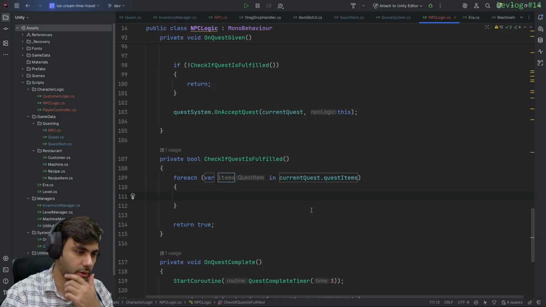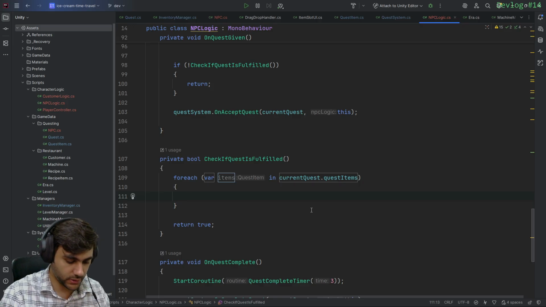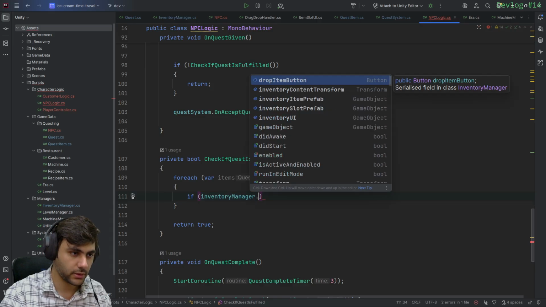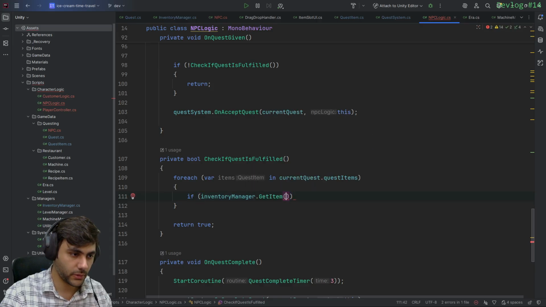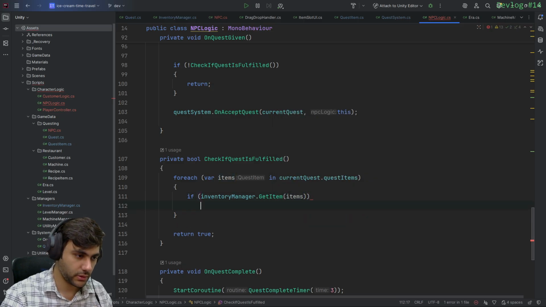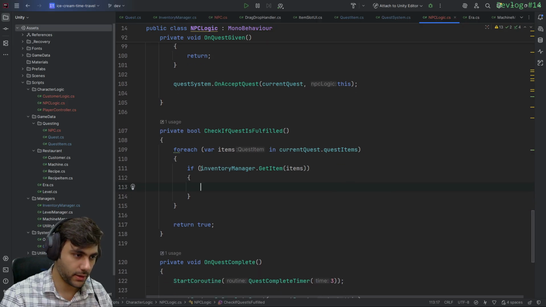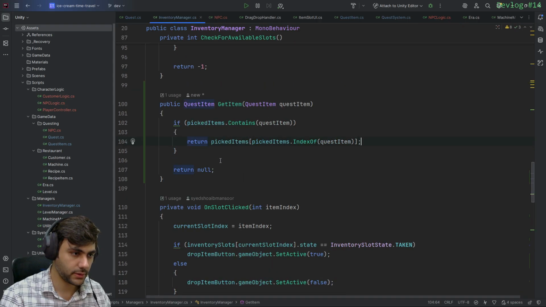And over here what I can do is just call inventory manager over and over again, get item items, and if this is